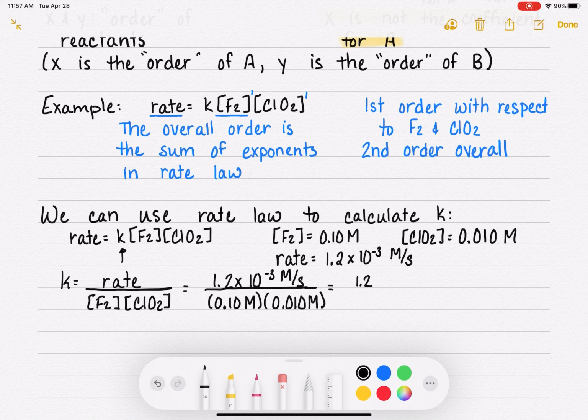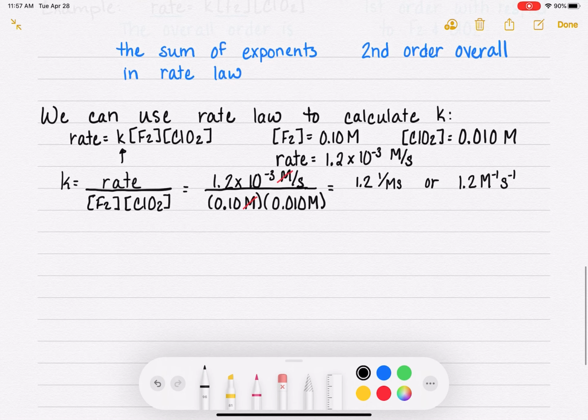And we're going to get 1.2. Let's think about what kind of units we have here. One of our molarities will cancel out, so we end up with units of 1 over molarity second, or another way to write that would be 1.2 molarity to the minus 1, second to the minus 1. It kind of looks cleaner, but whichever one you would prefer. And so that's it. Now that we know K, because K is a constant as long as we don't change something like the temperature,